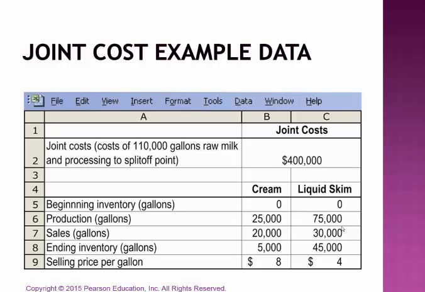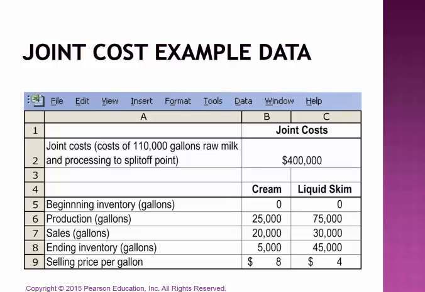All right, we are wanting to take the $400,000 in joint cost, which the joint costs are everything that's been spent up to the split off point, and we need to allocate that to these two distinct joint products. All right. Notice that for ease of use here, they're starting us out with beginning inventory of 0. We are going to produce 25,000 gallons of cream and 75,000 gallons of liquid skim from this 110,000 gallons of